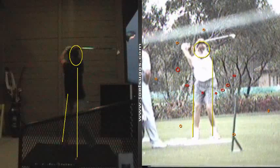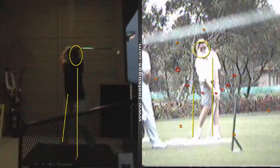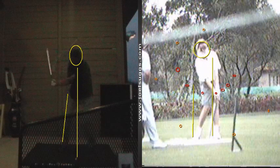Then on the downswing, the tour players' heads get back into the circle because they're shifting their weight back onto their front foot, and still most of their body will be on the left side of this yellow line coming up from the ball, so they're behind the ball real well. But then when you get back to impact there,